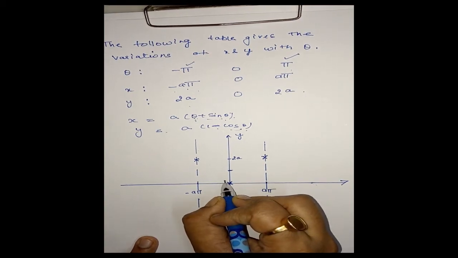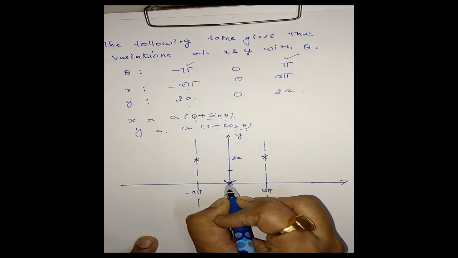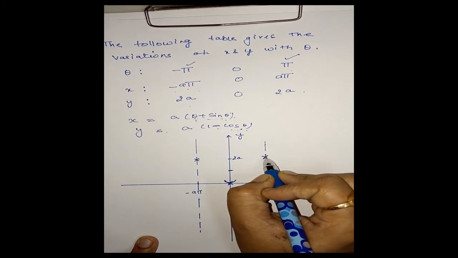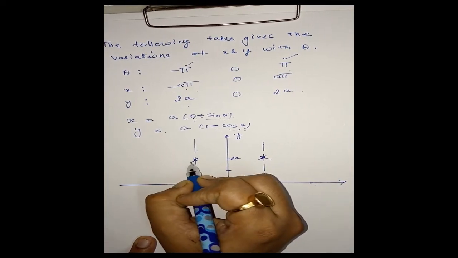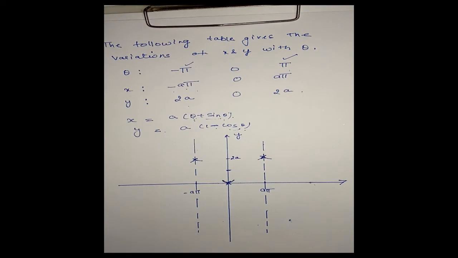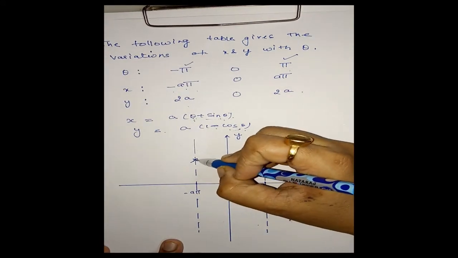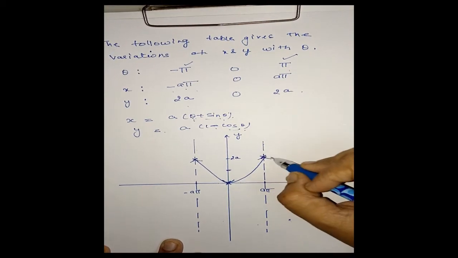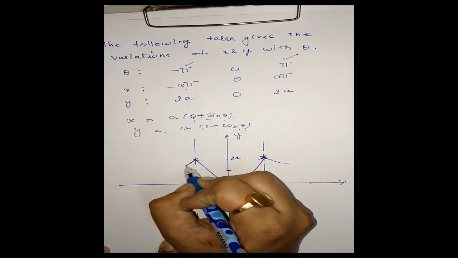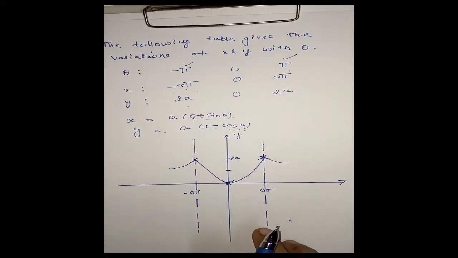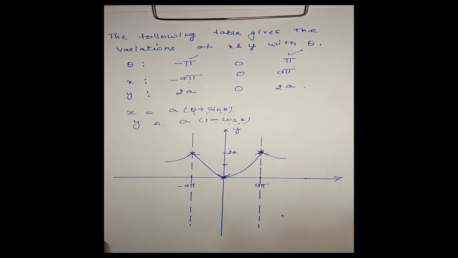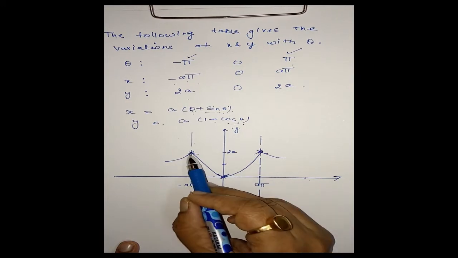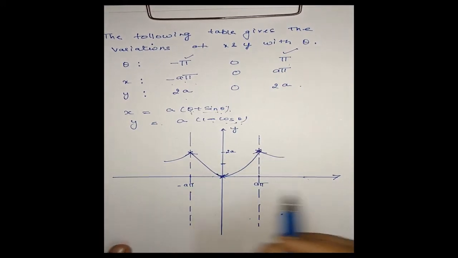That means curve shape should be like this, so that this is a tangent, and here this is tangent. That means curve shape is like this. Now let us draw this curve. This is how we have to plot the graph. At this point, tangent is this. At these 2 points, tangents are parallel to y-axis. Therefore, shape of the curve is like this.